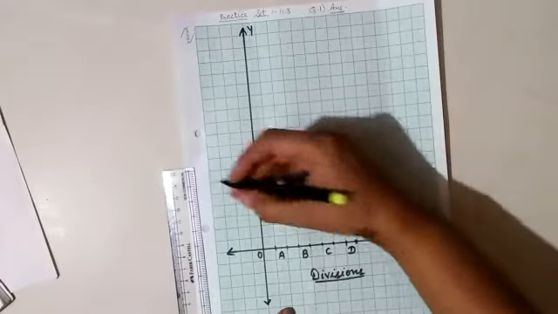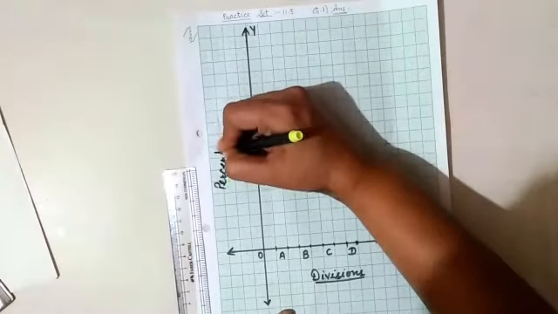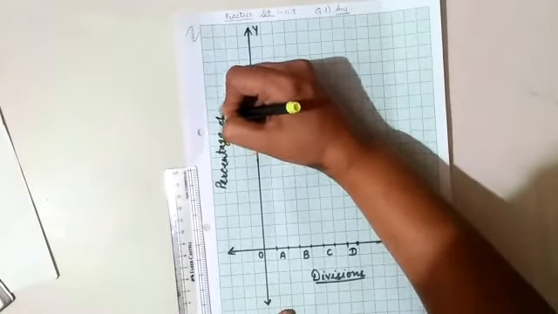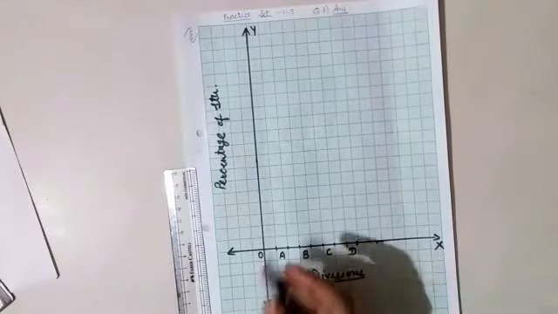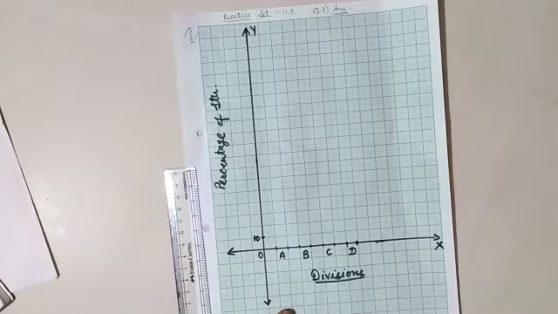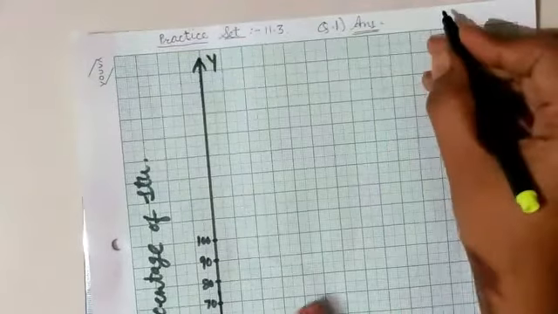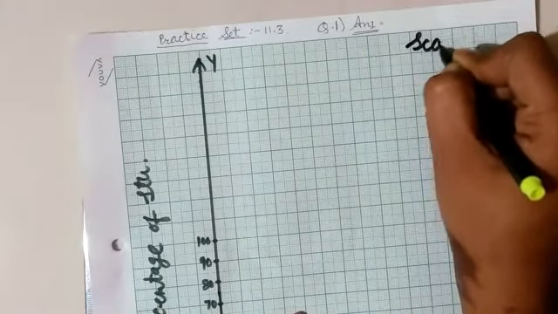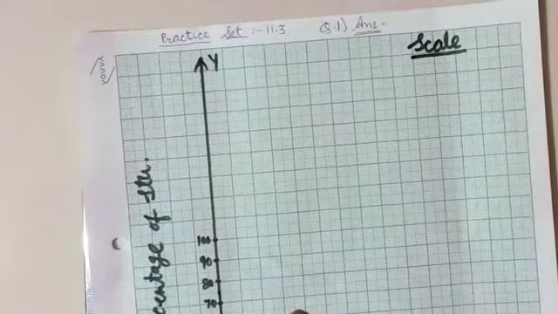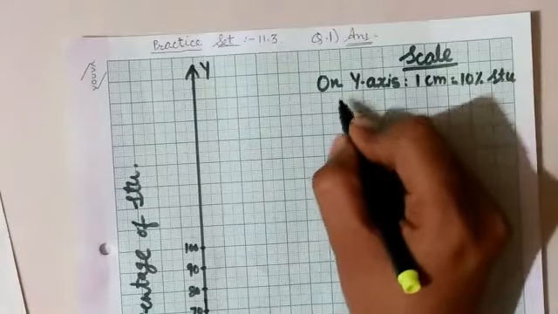Now on the axis Y, you have to write percentage of students. 1 centimeter is 10%. In that way you have to show up to 100%. Okay, and later on you have to write everything over the top right corner with the title Scale. On the y-axis, 1 centimeter is equal to 10% students, and